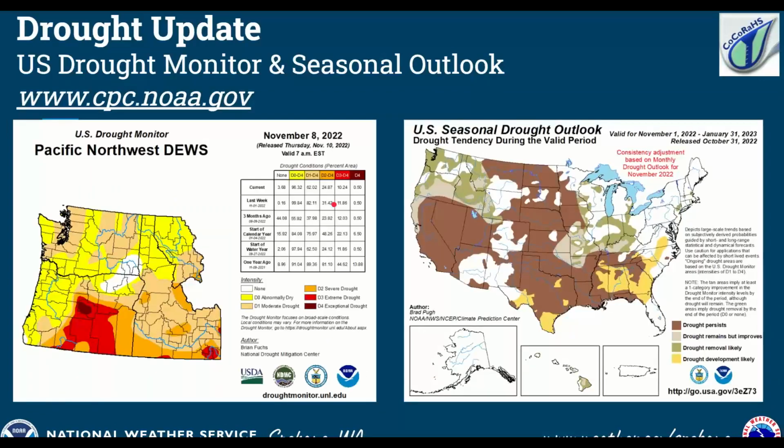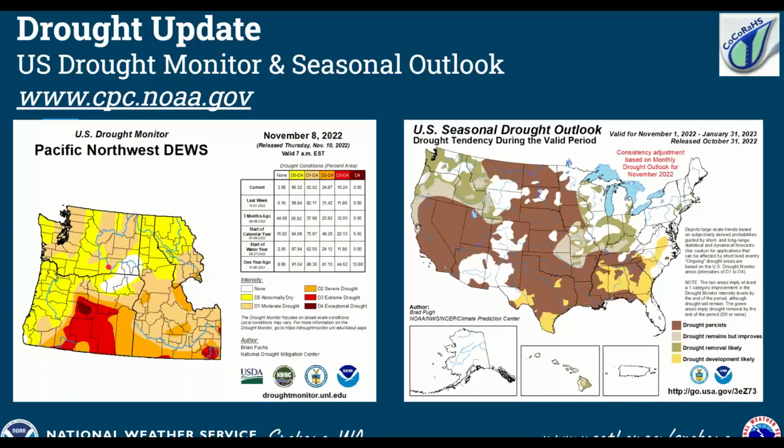So how has this impacted our drought? If we remember a year ago, we were struggling to get precipitation to overcome how dry we were in 2021. Well, looking at the precipitation amounts, we've recovered quite a bit, especially from our cold and wet spring from this last year and into the first part of the summer. Things were still on the wet side, but our fall was dry, and it's kind of shown up a little bit on the drought update, the U.S. Drought Monitor, where we have some moderate drought still lingering.